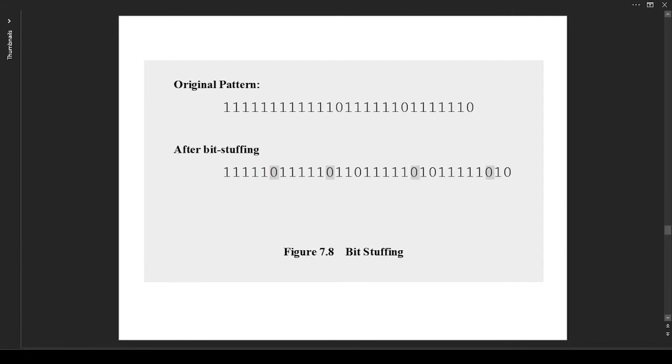So flag fields delimit the frame at both ends with a unique pattern: 0, 1, 1, 1, 1, 1, 1, 0. A single flag may be used as the closing flag for one frame and the opening flag for the next. On both sides of the user network interface, receivers are continuously hunting for the flag sequence to synchronize on the